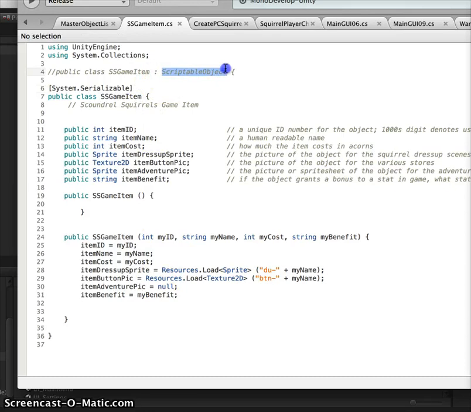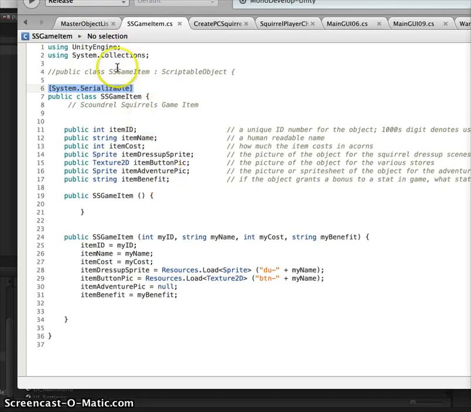This was set up as a scriptable object and was requiring a create instance instruction to create the objects and so forth. What I have discovered is that if I set up the class as serializable, I am able to